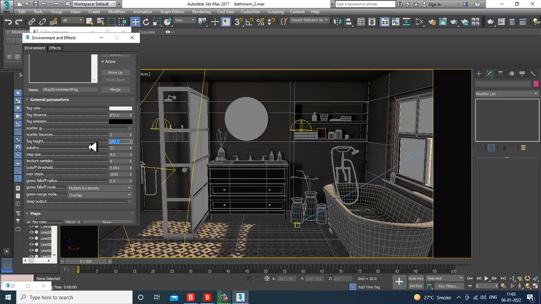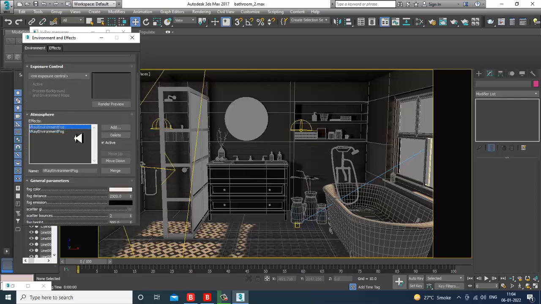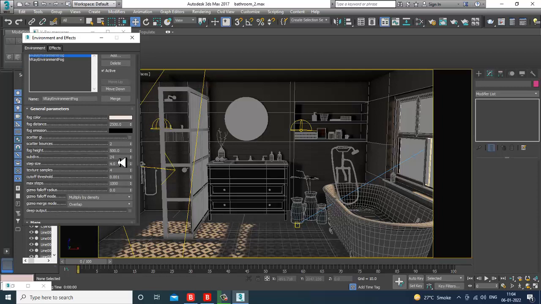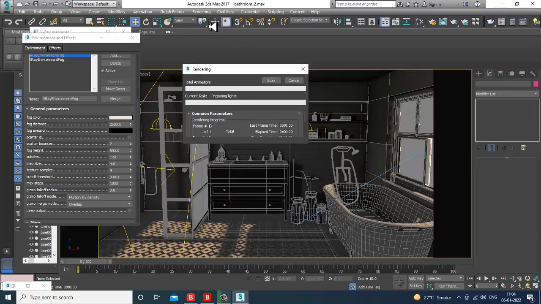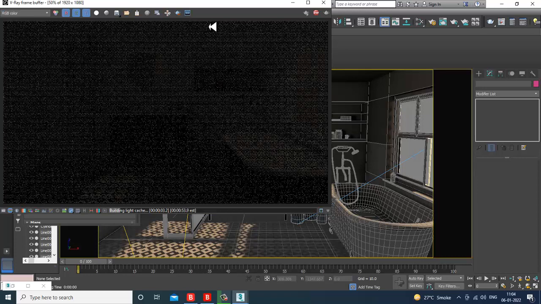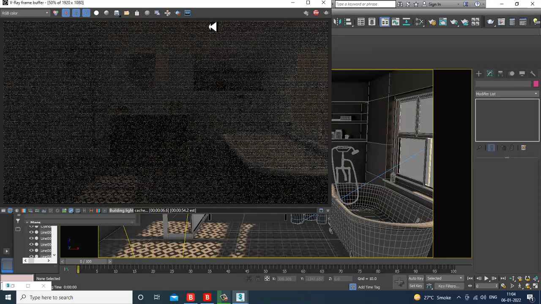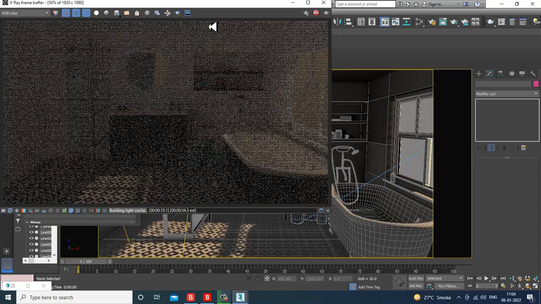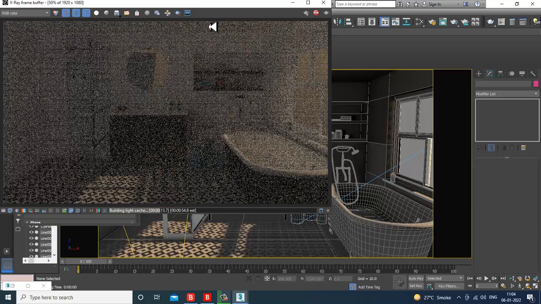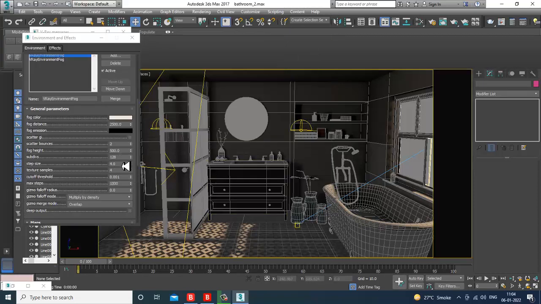Fog height, I will reduce it. For the second one, I'll keep it as 100 only.